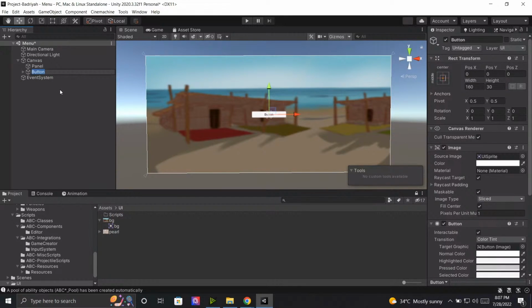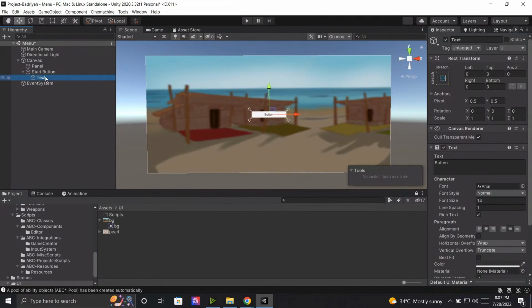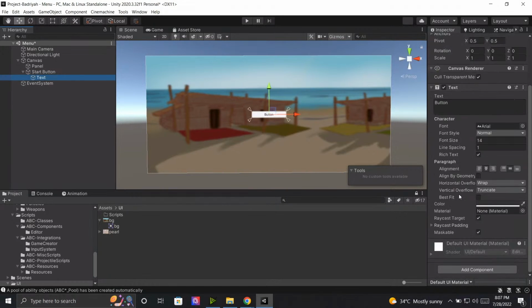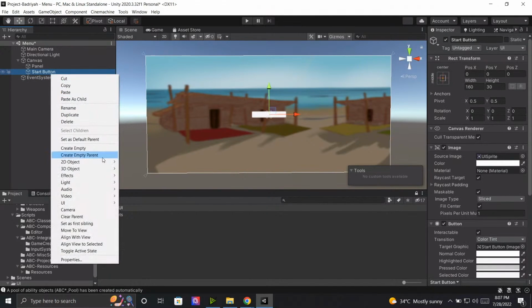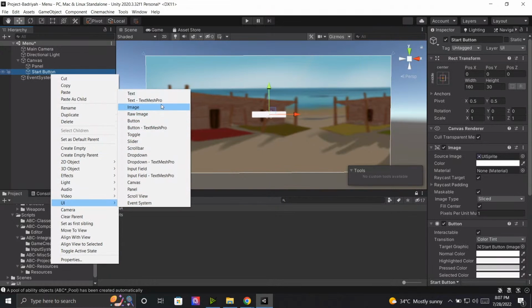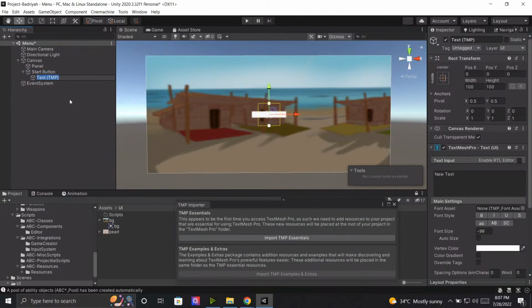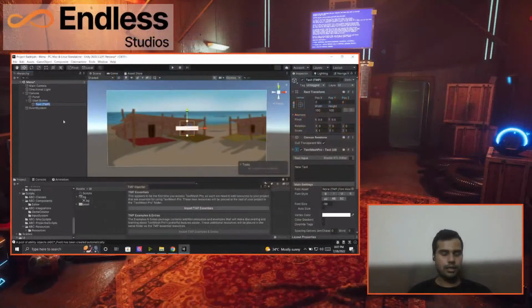We would basically call it start button. And if you pan this, you'll find out that we have a little text here. I don't like this text, it's very limiting, so I'm gonna get rid of that, and instead I'm gonna put TextMesh Pro. So in Unity, I think 2020 version, you get this